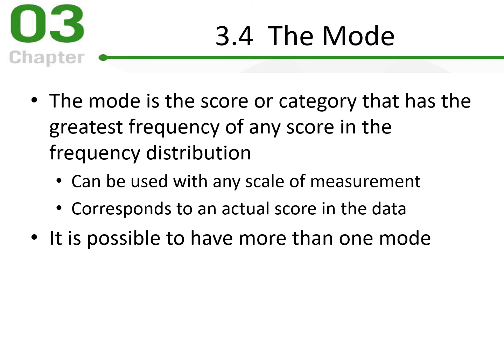Now we get to everyone's favorite, the mode. And the mode is not very useful in psychology, but it can give you some information. It gives you the score category that is the most frequent. It is generally used with nominal level data, categorical data, because with categorical data, you can't find the mean. So if you ask people to rank their favorite soda, and you give them Pepsi, Coke, Mountain Dew, ginger ale, Sprite, Fanta, orange,